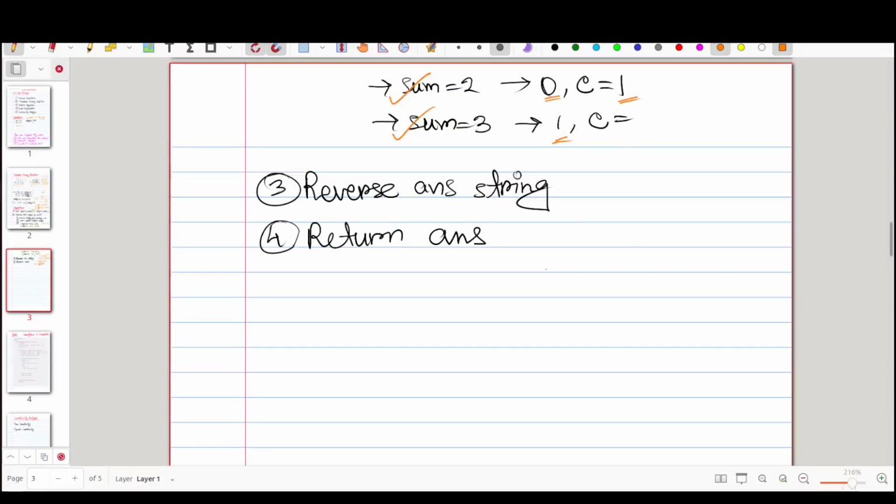Why? Now let's try a dry run for an example. Let a equal 1 0 1 1 and b equal 1 0 1. These are the two examples, and first of all, A index is over here at the last position, and B index over here, and carry